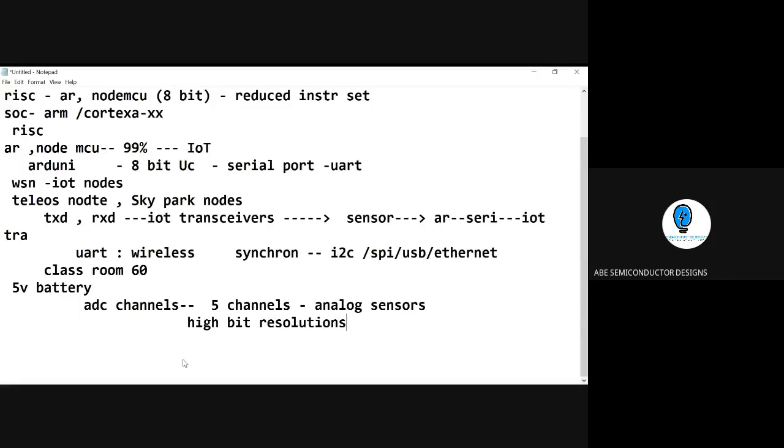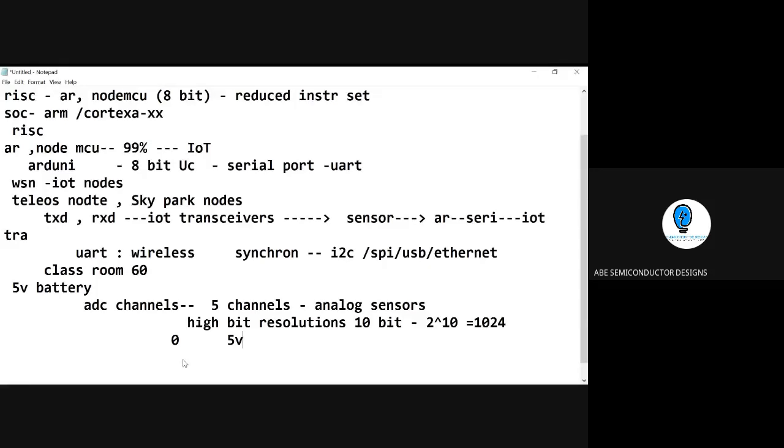Why high bit resolution? Consider you are working on 10 bit resolution. The 10 bit resolution will give you 2 to the power 10, so 1024 values. When I consider the voltage, it is some mathematical format. Consider 0 to 5 volts as the input voltage from the sensor.